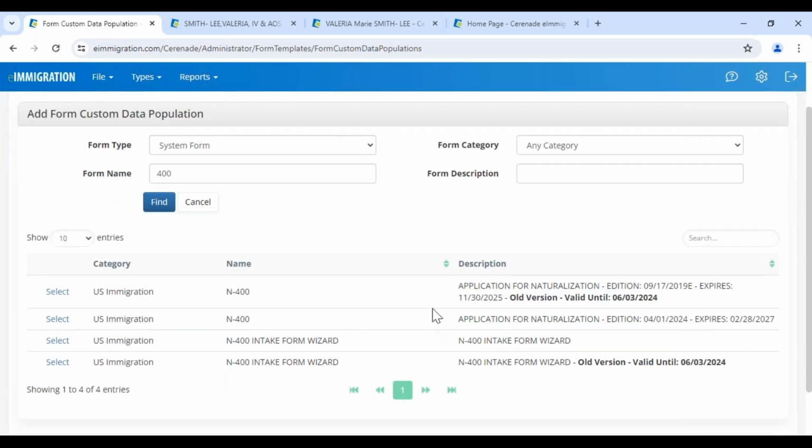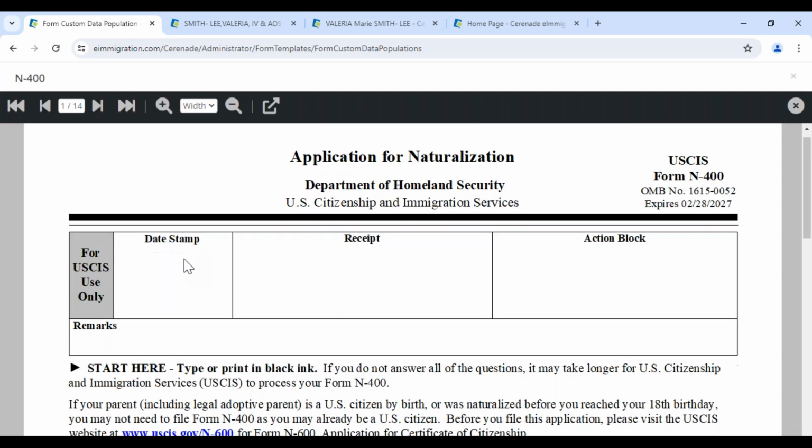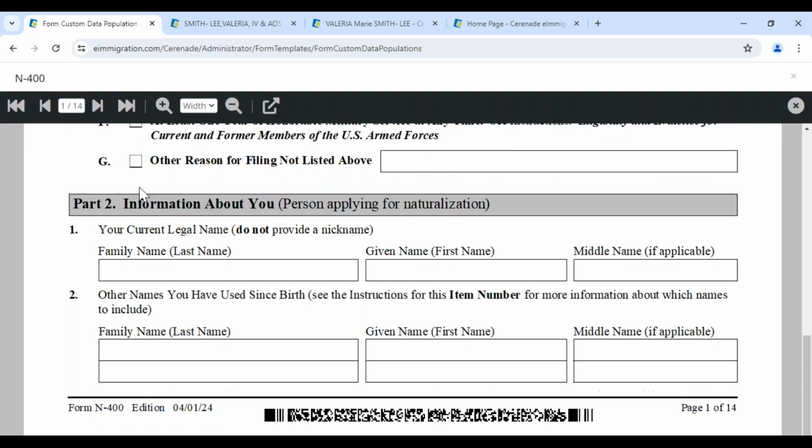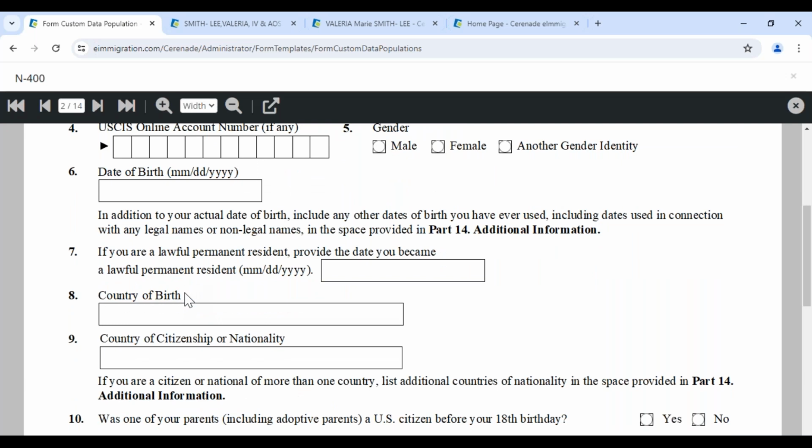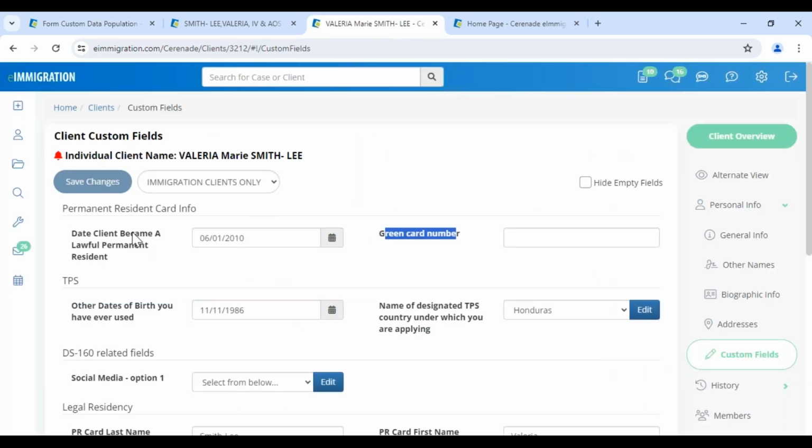So in this case, it happened. I had my old version of the N400. Now I'm just going to add the field to the new form. This is the N400. I'm just going to find an example so I can show you. It might be this one. Page 2, number 7, if you're a lawful permanent resident, provide the day you became a resident. As you saw, I do have that question when it's on my,